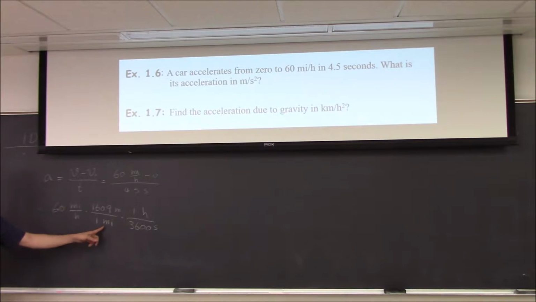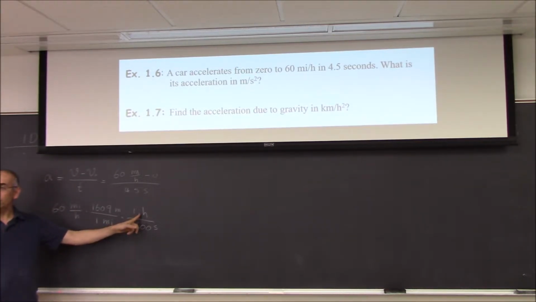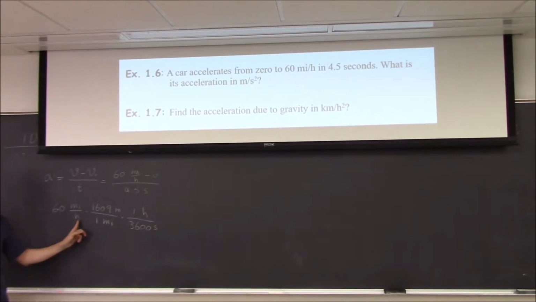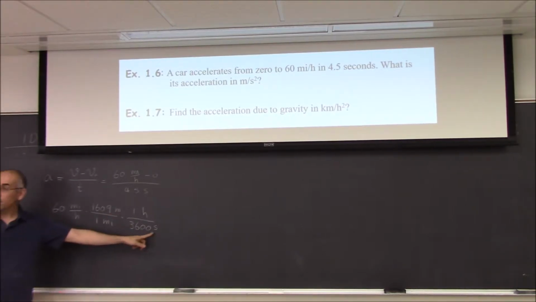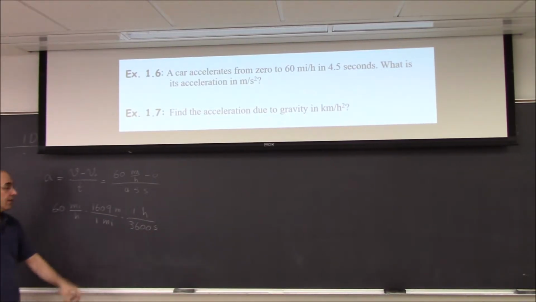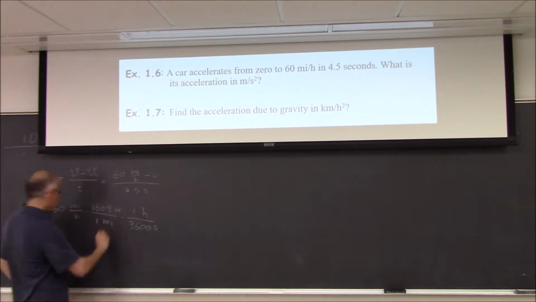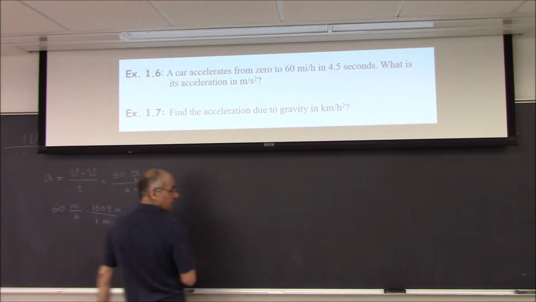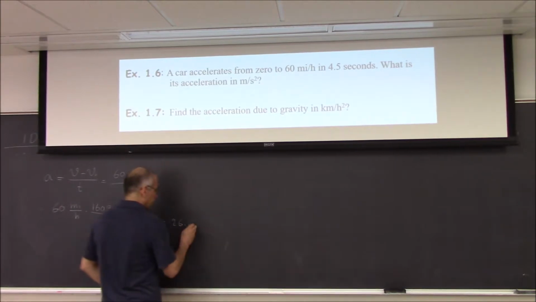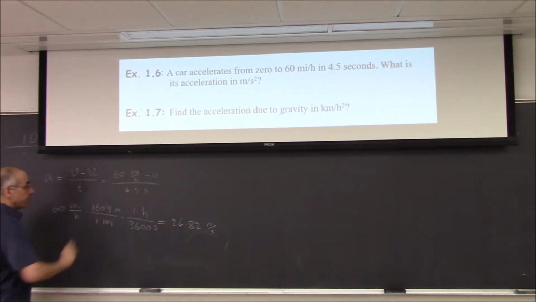So I put the mile in the denominator so that it cancels, and also put the hour in the numerator so it cancels. So we get meter in the numerator and second in the denominator, right? And then if you multiply all of these, you get 26.82 meters per second, and then divide by 4.5,